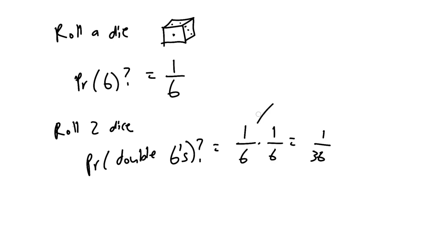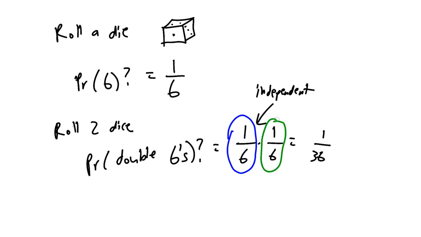And it's important that you understand the reason this works is because these two events are independent of each other. And when I say the two events, what I mean is the fact that I do or don't get a 6 on the first one has nothing to do with the fact that I will or will not get a 6 on the second one. And that's an assumption, right? If the die has memory or something, then that might not be true.